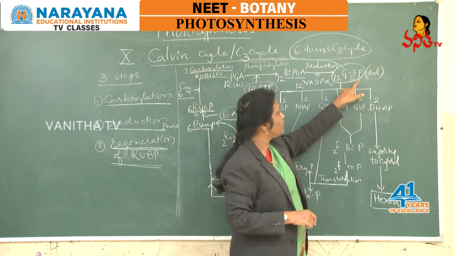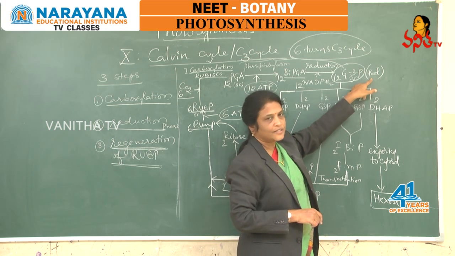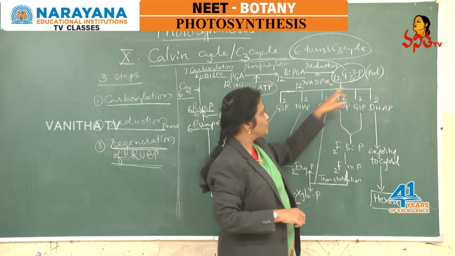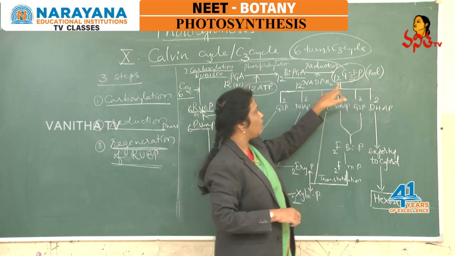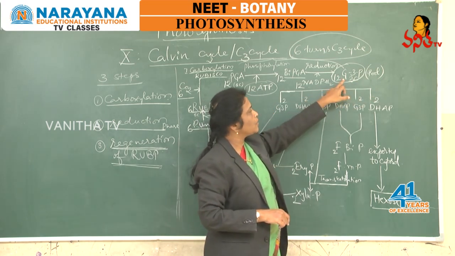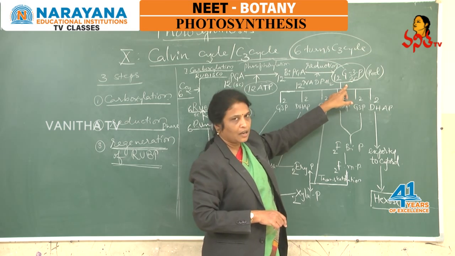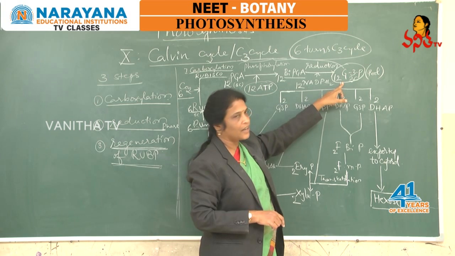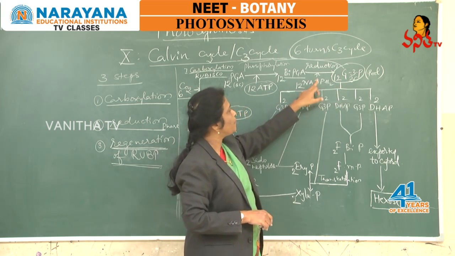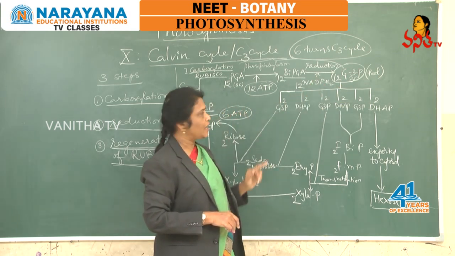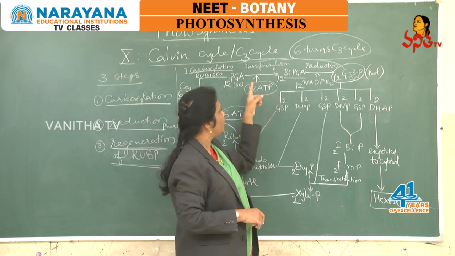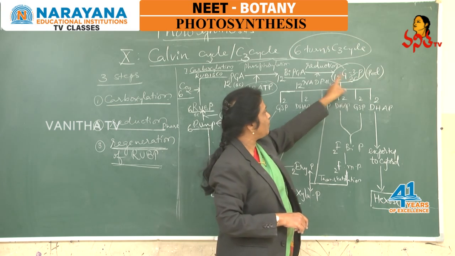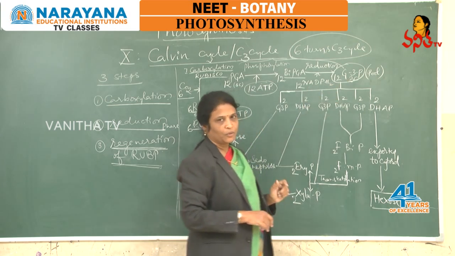And the 12 G3P molecules can be referred to as the G3P pool because a large number of molecules are gathered here. So, we can refer to it as the G3P pool also. Here in the pool, now 12 molecules of G3P are there, which are the products of the reduction phase, and the reducing power utilized is NADPH. For the reduction of 12 phosphoglyceric acid to convert into 12 G3P, 12 NADPH molecules are utilized.